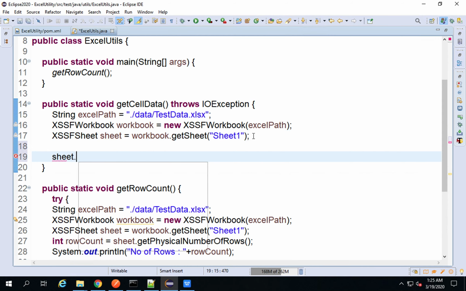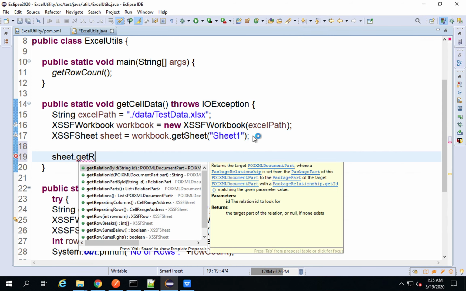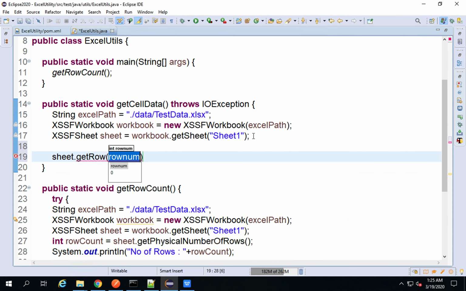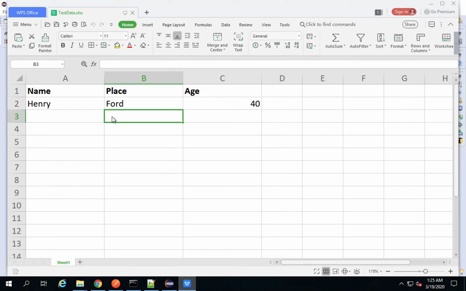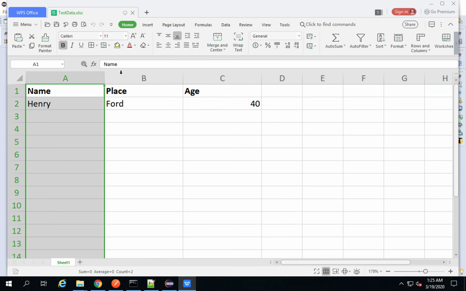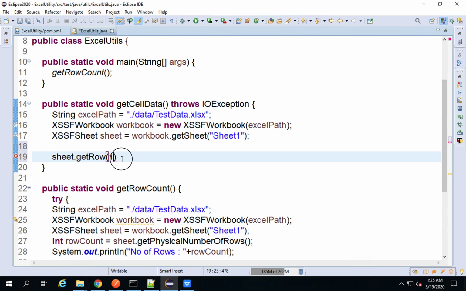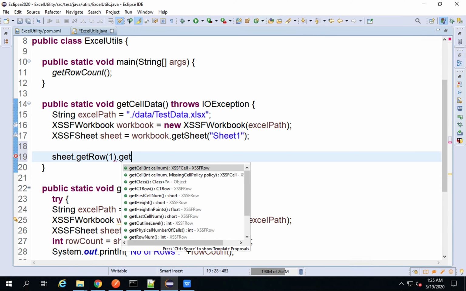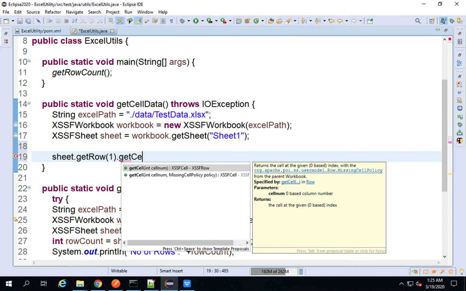sheet.getRow, and I will give the row number. Let us say row number is 1. And if you go to your Excel, the index position starts with 0. So this is row 0 and this is row 1. This is column 0 and this is column 1. So I will say getRow(1), and then to get the column I will say getCell and the